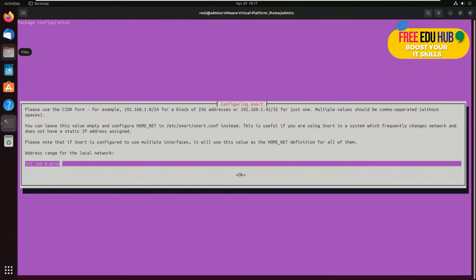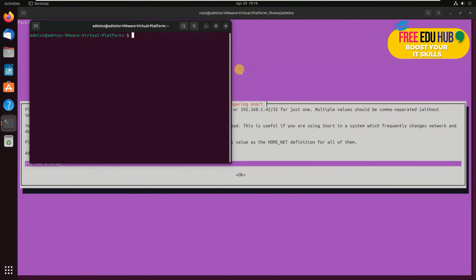Now that plays an important role because it would identify how many computers are available on that subnet, so that it can easily identify the machines and can secure your network from any sort of penetration taking place on your network. Now you want to make sure that you are entering the right information over here, because if you don't enter the right information, you'll not be able to detect any kind of activity which is taking place on your network. So in order to find the IP address of my machine, I'll open another terminal window